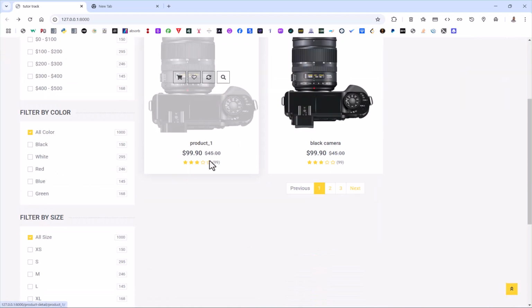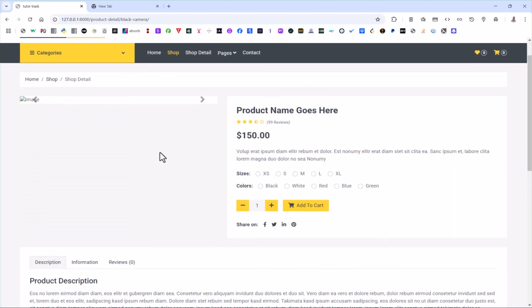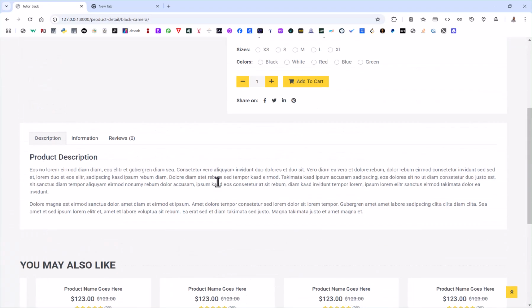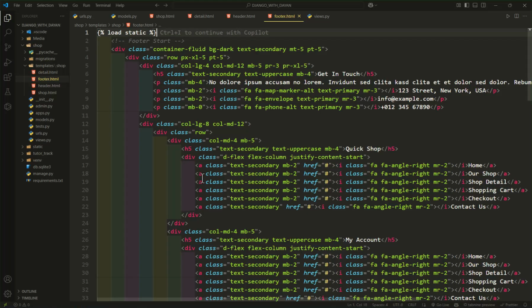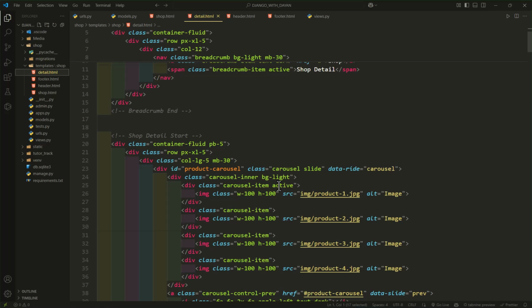Yeah, that worked. Now if I click on black camera, you can see it's the detail page of the product now showing up, right? And now you just need to go to details and use the image that you have there. Now to get the image and the name,